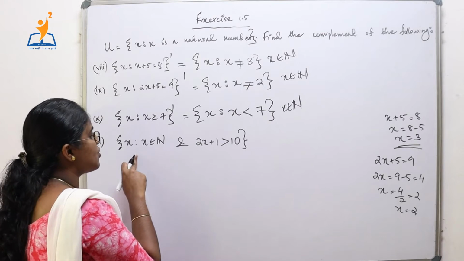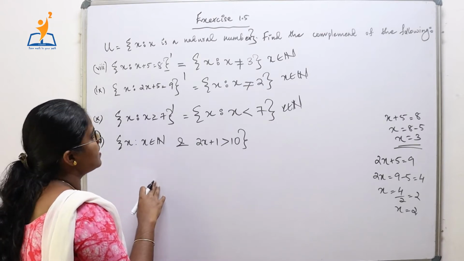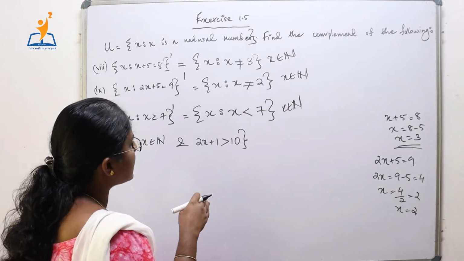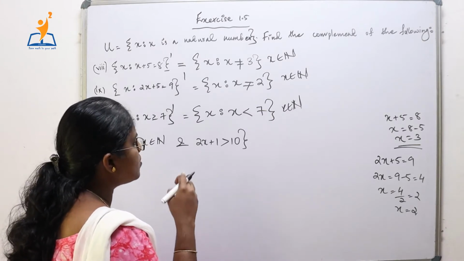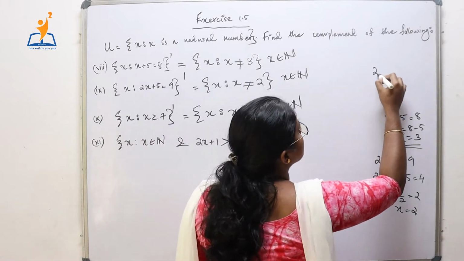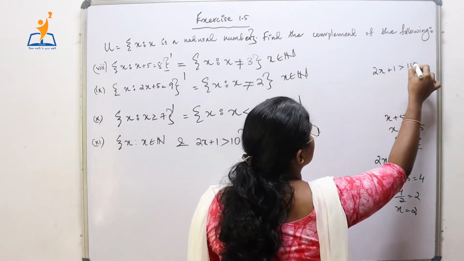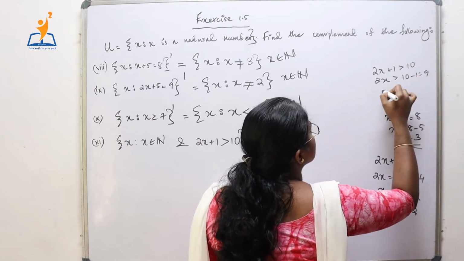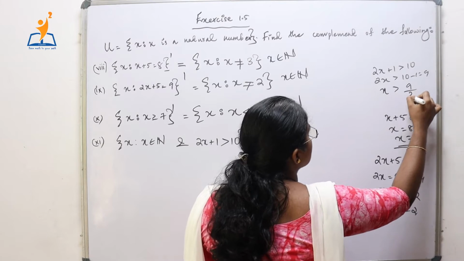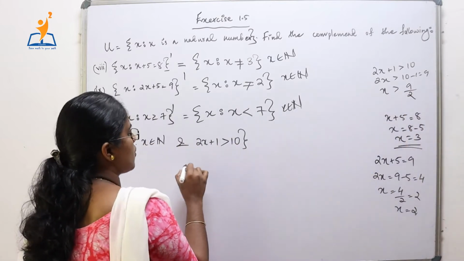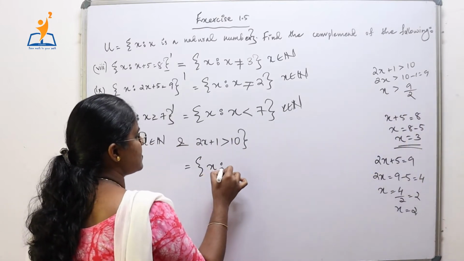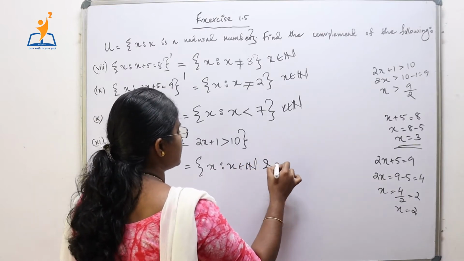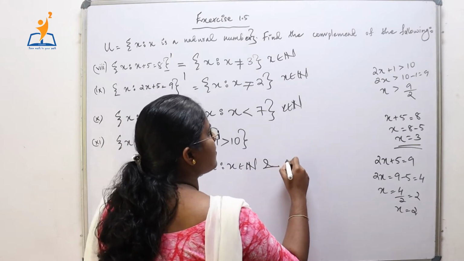Now the next question is the set of all x such that x belongs to natural numbers and 2x plus 1 is greater than 10. Now 2x plus 1 greater than 10 means 2x is greater than 10 minus 1, that is 9. So x is greater than 9 by 2. So what will be its complement? It will be the set of all x such that x belongs to N and x